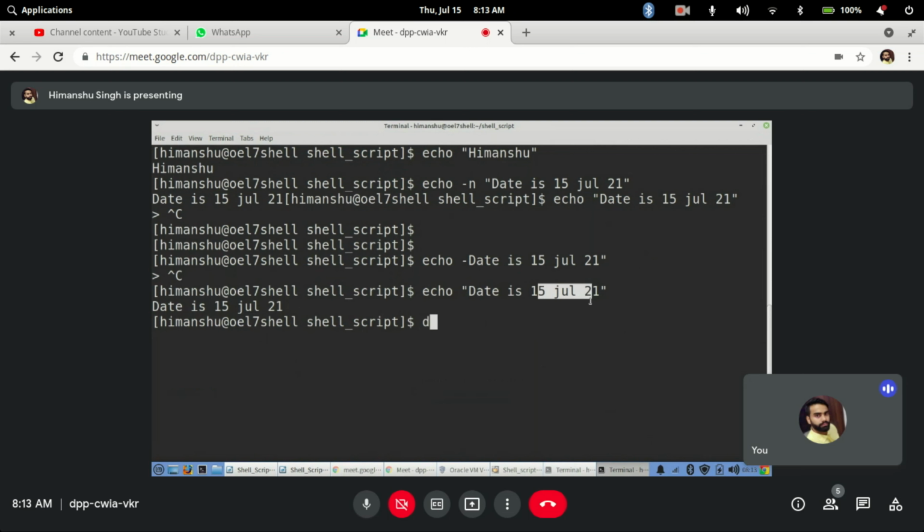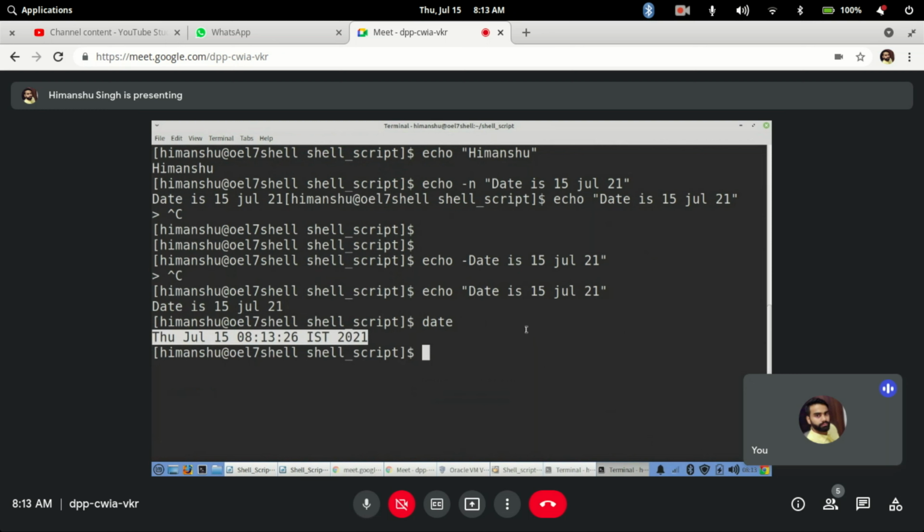I already know there is a command date, so why shouldn't my output come automatically from this command? It should directly print the date along with the timestamp and everything.